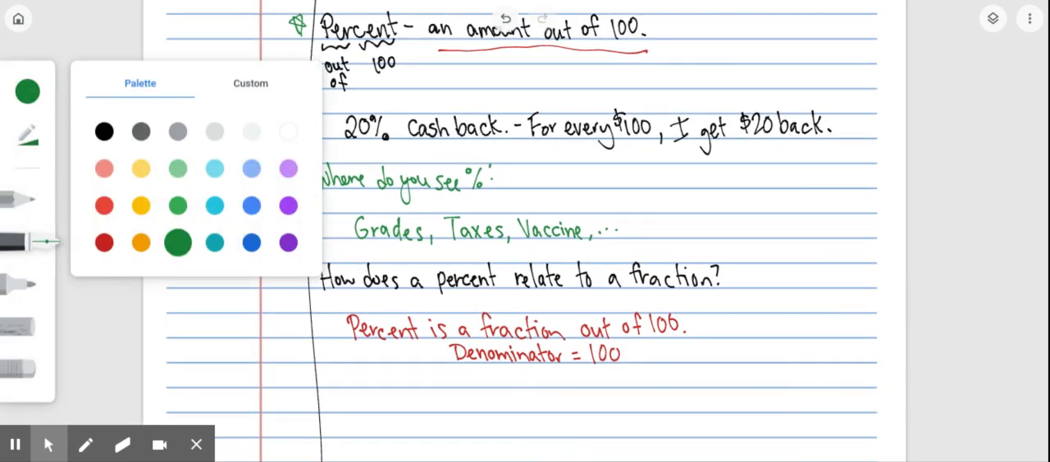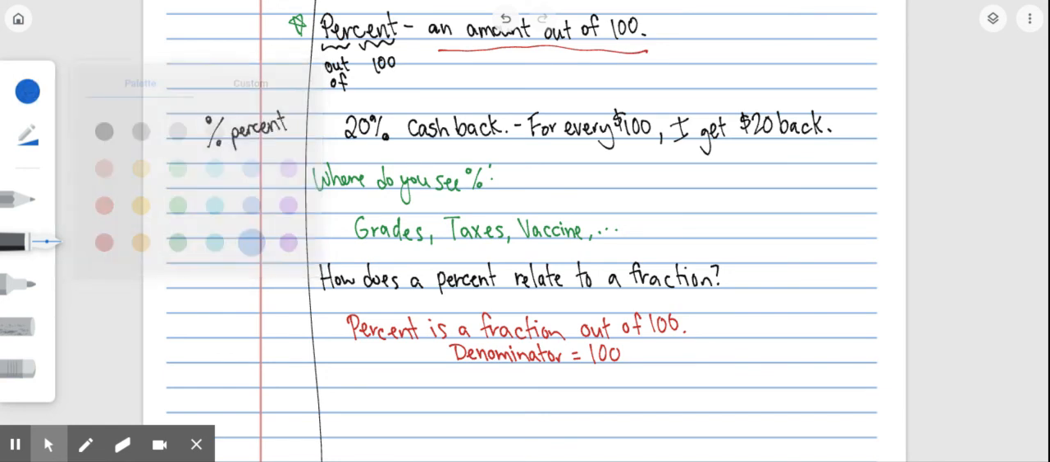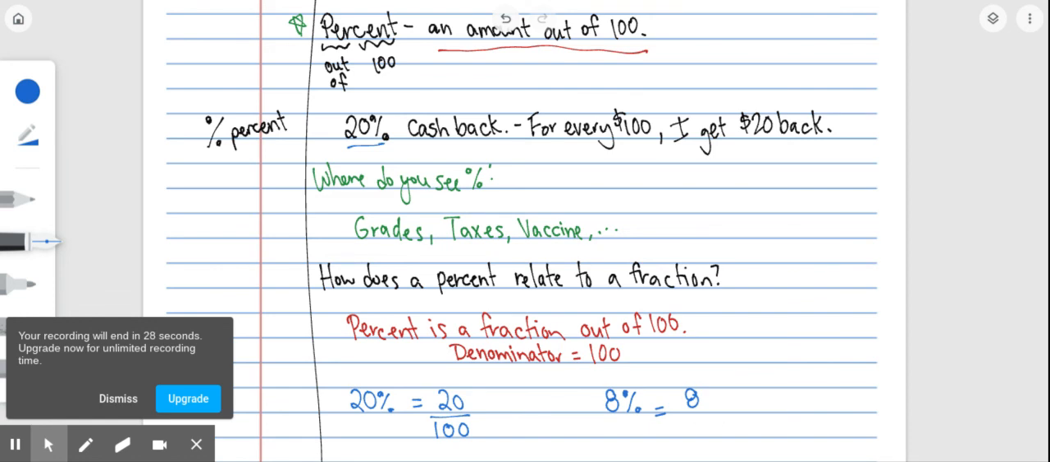Up here where I said you get 20% cash back, 20% is the same as 20 out of 100. So 20% can be written as this fraction, 20 over 100. Okay, I also talked about sales tax, and sales tax is about 8%. So 8% can be written as a fraction of 8 out of 100. Okay. I also talked about grades. Maybe you got 70% on a quiz or something. 70% can be written as 70